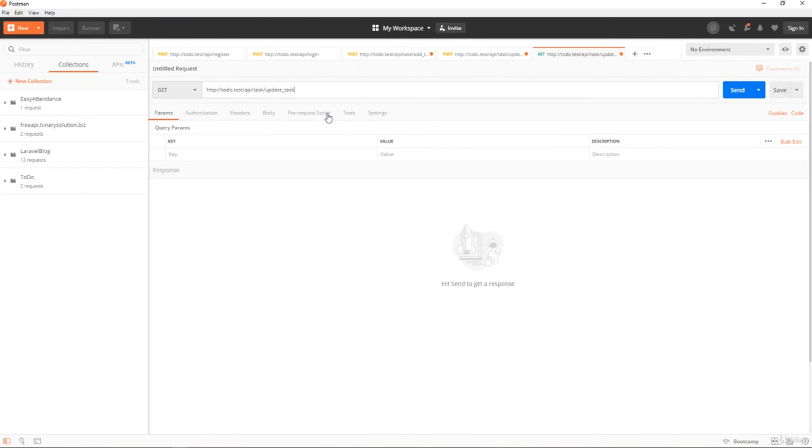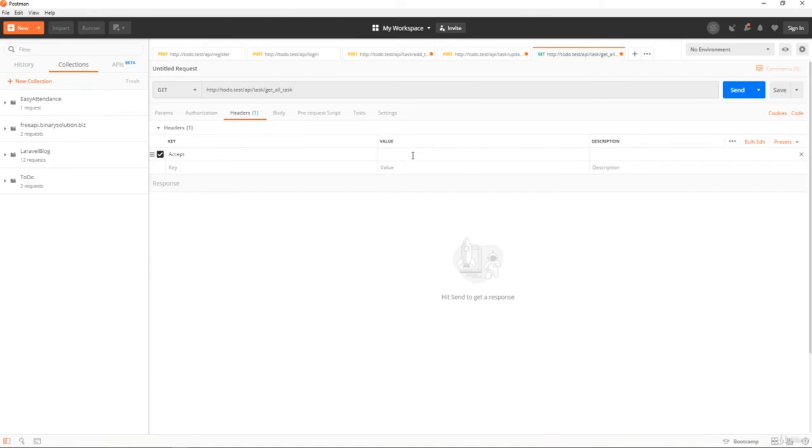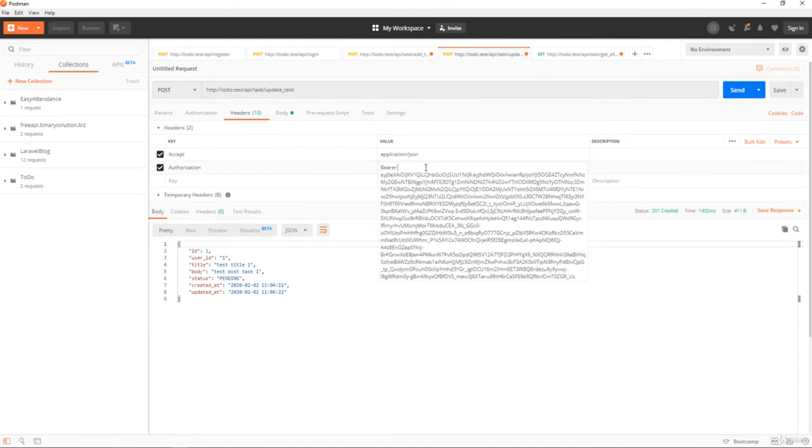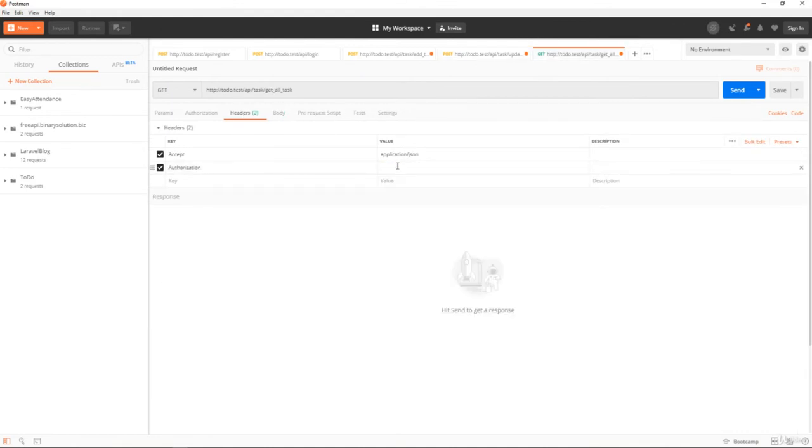To get the tasks, we still need to pass a header, let's say Accept of application JSON, and we have to pass authorization over here. Authorization, we will just copy from here, copy all this and paste it over here.